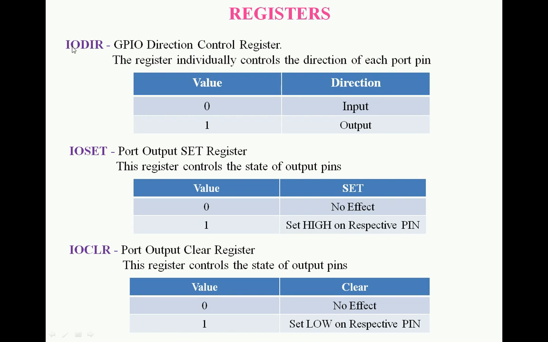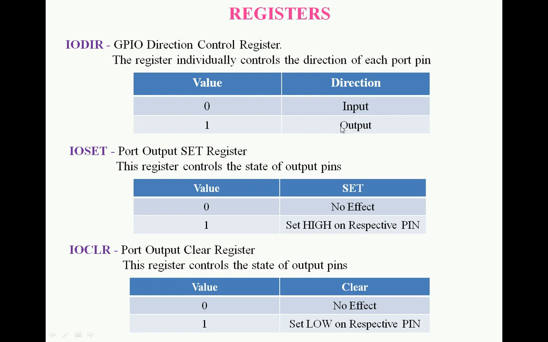So this register specifies the direction, right? That is, from the processor we are going to send the signal as an output, or from the processor you are taking the input. Suppose consider the stepper motor. The stepper motor is outside of the board, so the processor has to interface with it, which means the processor has to send some signal to the stepper motor. Those are the processor pins, the port 0 and port 1 pins. Whatever is connected to the stepper motor, we are going to make those output pins. Then only you can send a signal from the processor to the motor. Processor pins as output pins, right?